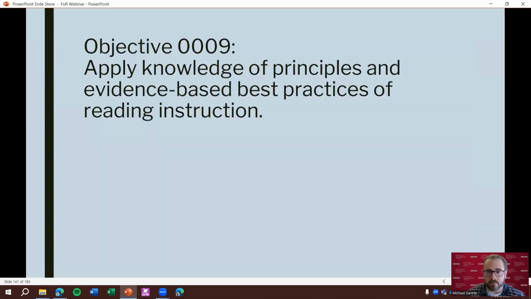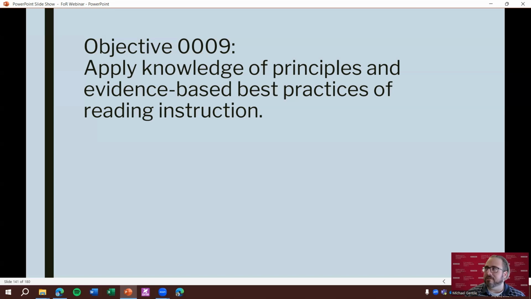So I'm going to continue on in this video and go right into Objective 9. Objective 9, apply knowledge of principles and evidence-based practices of reading instruction. So Objective 8 and Objective 9 are both somewhat more complicated topics related to reading. I mean, this whole thing is complicated, but I'm not going to put a huge emphasis on reviewing questions for both Objectives 8 and 9, because if you remember all the way back to the intro video, many hours of videos ago,